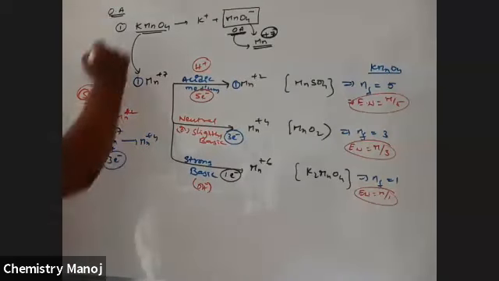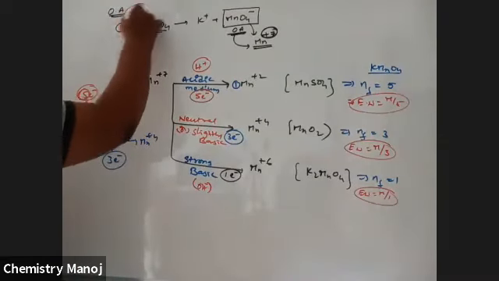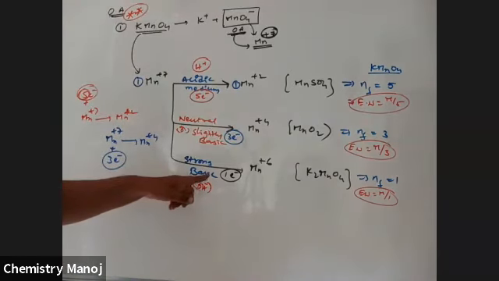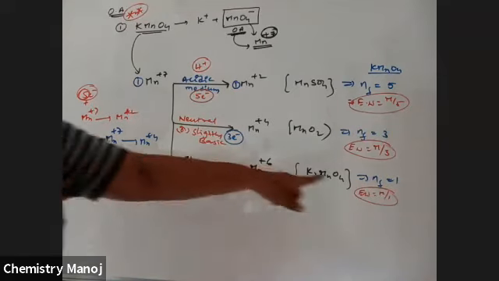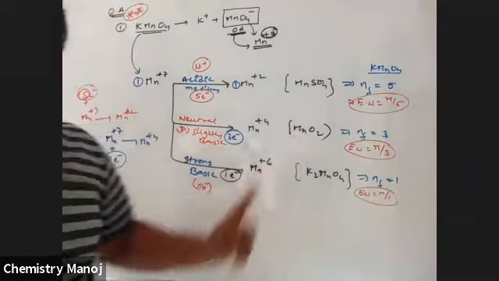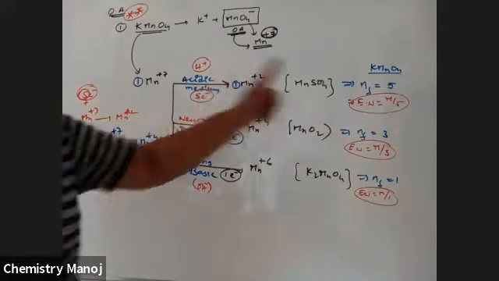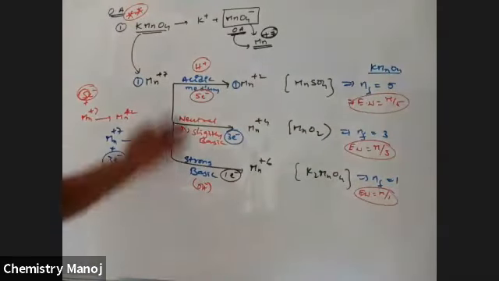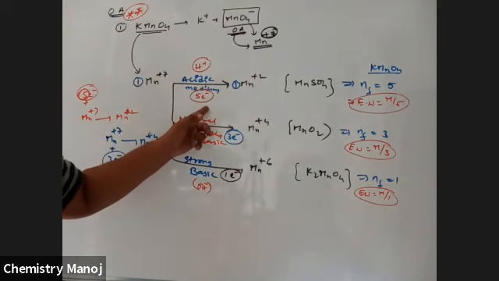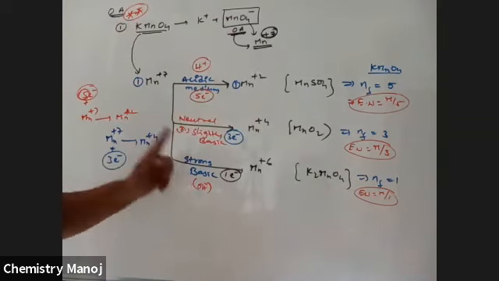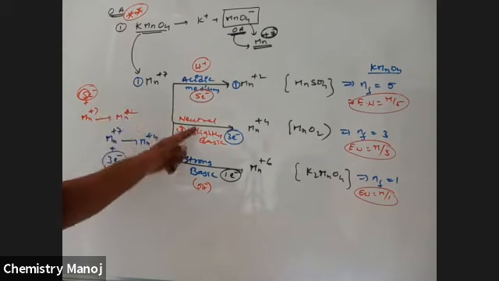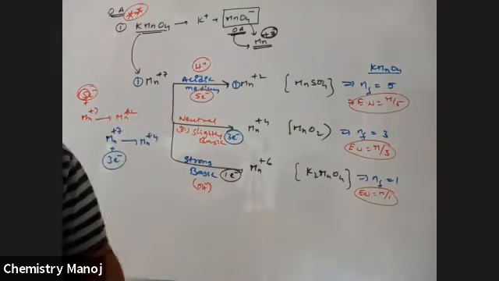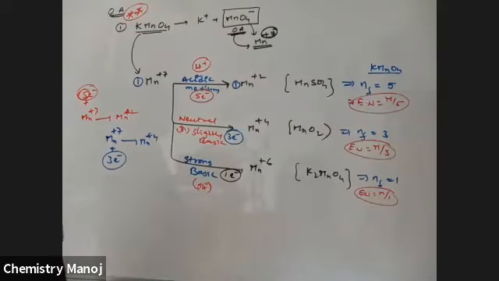My dear boys, it is a very, very important case. What is the equivalent weight of KMnO4 in strong basic medium? That is molecular weight by 1. What is the equivalent weight of KMnO4 in acidic medium? That is molecular weight by 5. So how much is the n factor for KMnO4 in acidic medium? It is 5. For strong basic medium, it is 1. For weak basic medium or neutral medium, it is 3. So you should all remember, please keep in mind. It is a very, very important case.